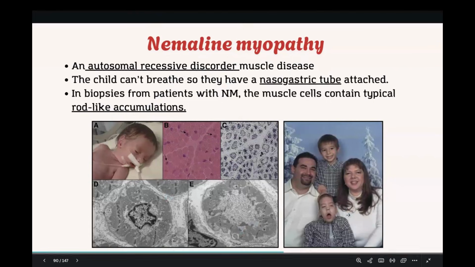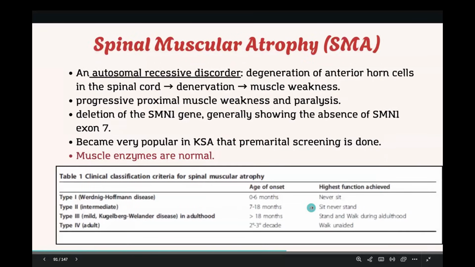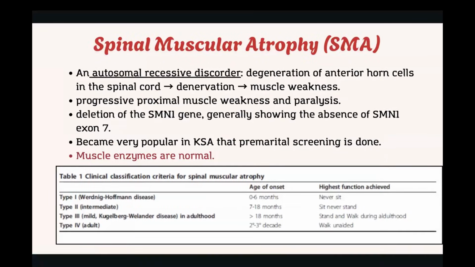I think she's just showing you that the patient is the only one affected because it's an autosomal recessive disorder. Now, spinal muscular atrophy, or SMA. This disease is very important, and it's very important to note that this disease is not a muscular disease of